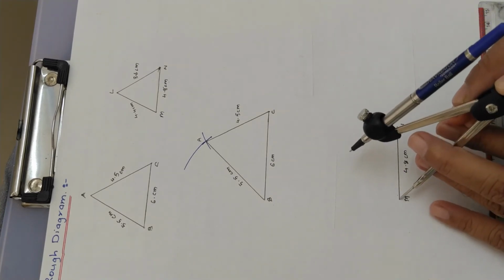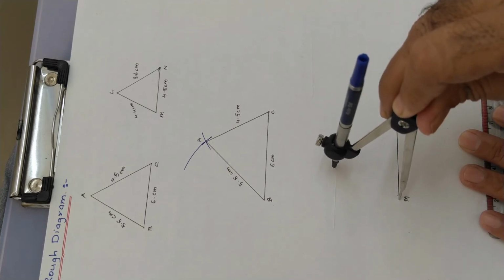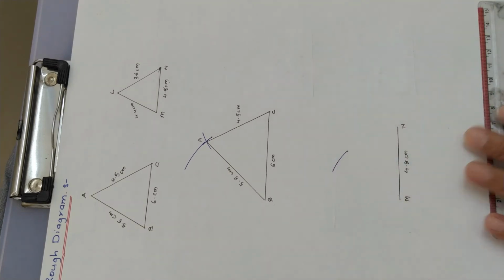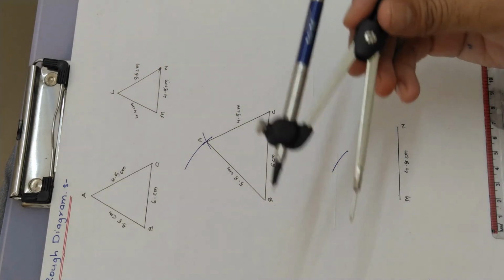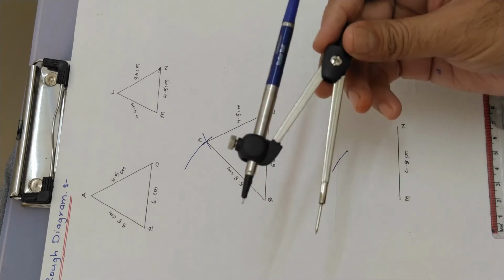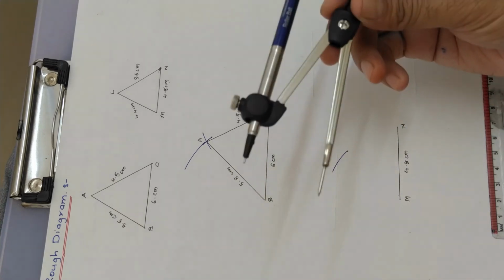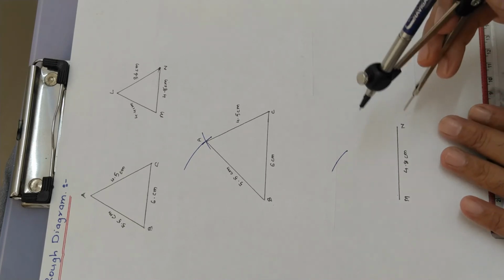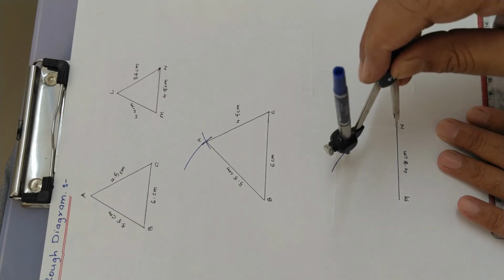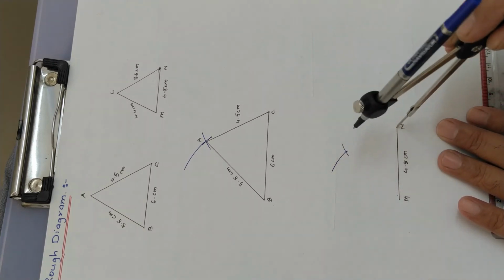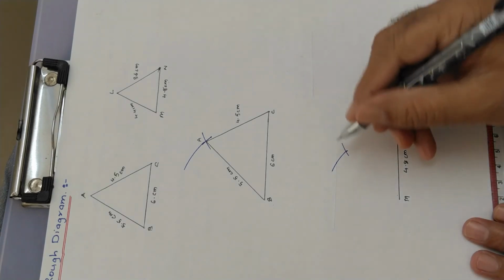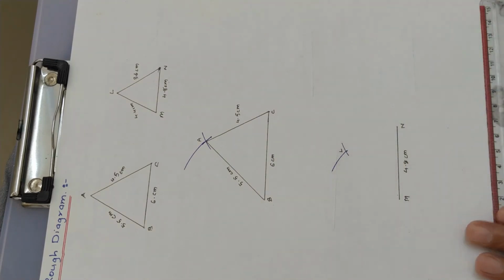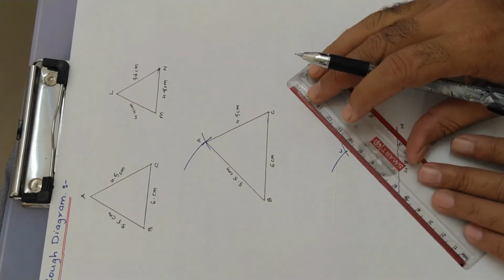Now let's put the compass on M and draw the arc. Okay, so this is 4.4. Now next is 3.6. Let's take 3.6 into the compass. So here I took the 3.6 length of side LN into the compass, put it on N, and intersect it. Okay, see here, intersected. So immediately you have to write the name of the vertex. See here, it is L. Now join it. So again, be more accurate.